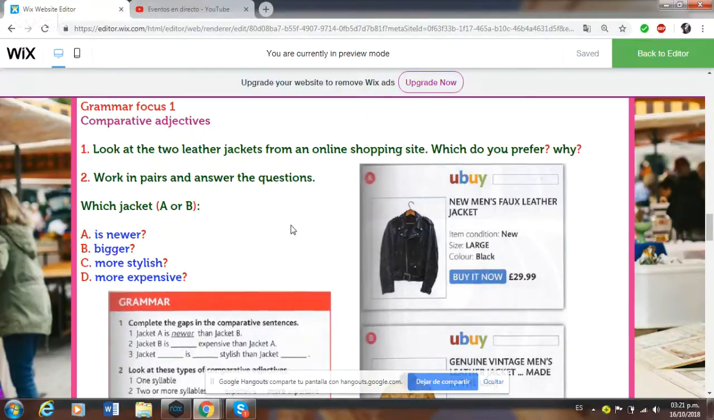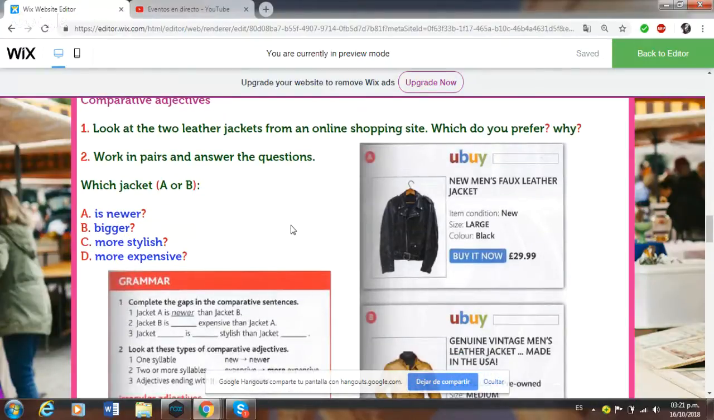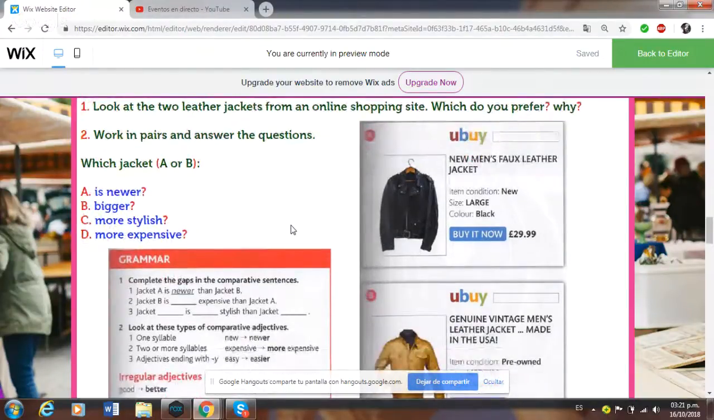Then you need to look at these two photos. Yes, you need to look at these two photos. And about leather jackets, yes, from an online shopping site. And yes, you are going to reflect about this question proposed here. Which do you prefer? Why? Okay. And then second,